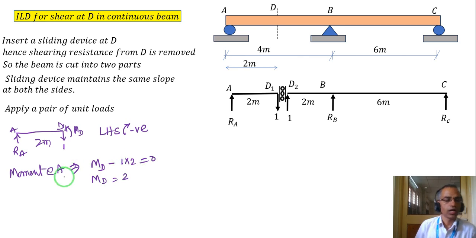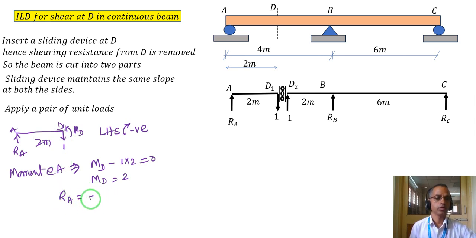Similarly, RA must be equal to 1 straight away, because RA plus 1 must be equal to 0. The 1 is downward, so RA is equal to minus 1 unit. Similarly, taking the other portion of the beam,